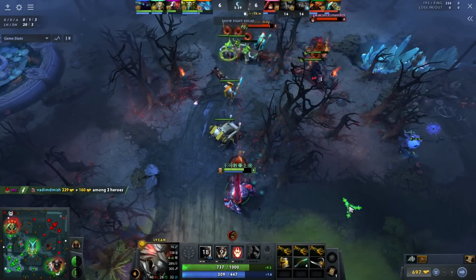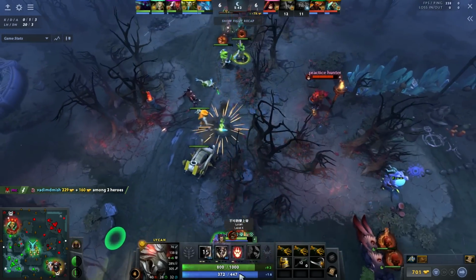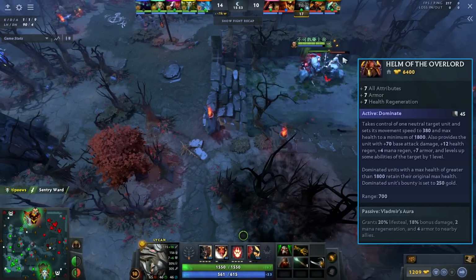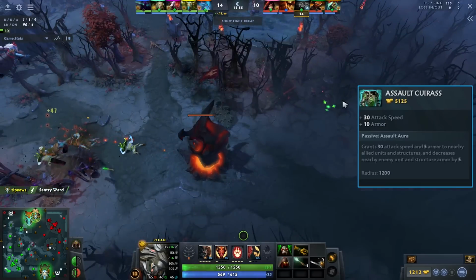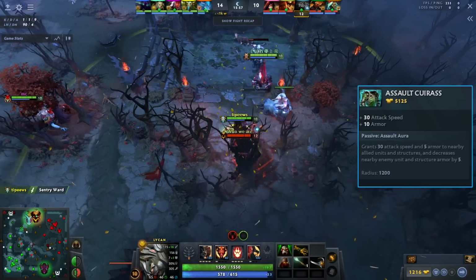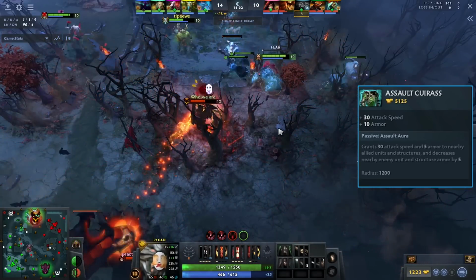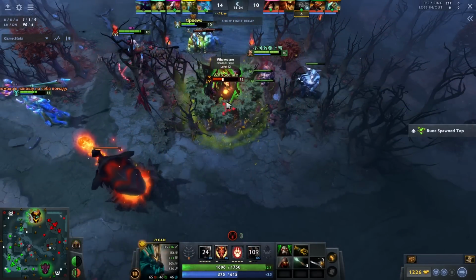After Helm of the Dominator, Lycan's a very simple build hero, you just go Helm 2. From there, I think there's honestly a lot of angles, but the most reliable one is just rushing Assault Cuirass. This kind of helps Lycan's not incredible armor, even though Vlad's just got buffed by 1 armor, but still, it's 1 armor. You rush Assault Cuirass, and the reason why I see Kasana do this, one of the top Lycans,